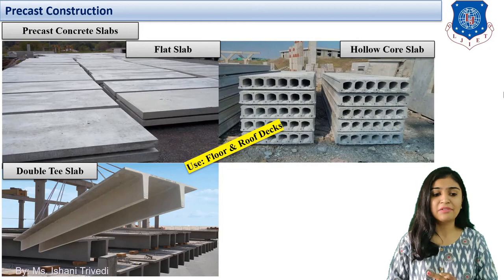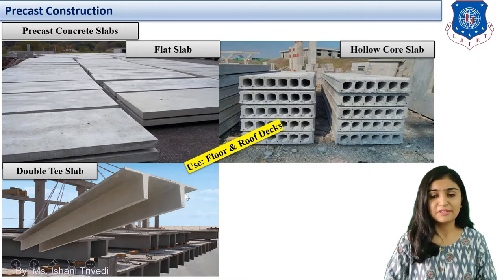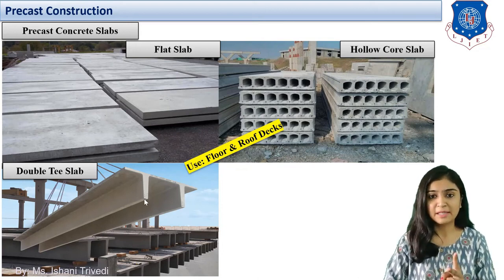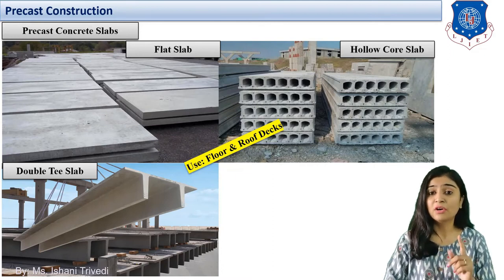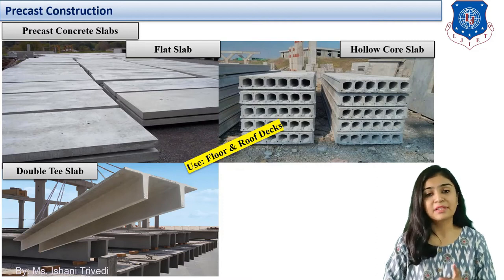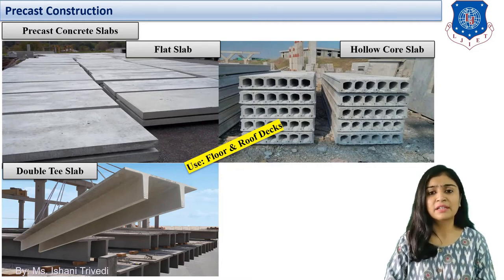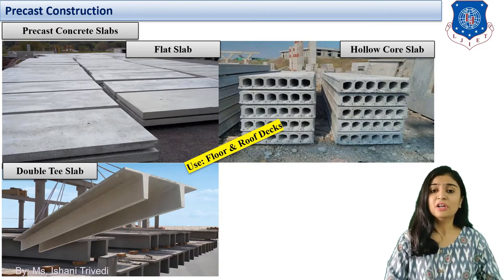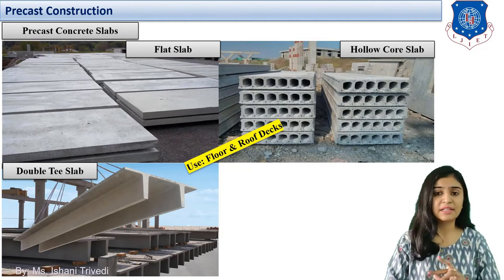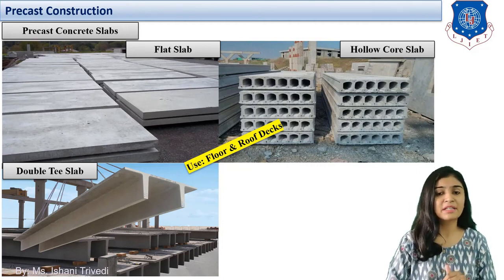The third one which we have is the double T slab. Now we can see over here, I am taking my cursor over here. At top is the flat slab, but at the bottom T's are provided, right? So over here you can see it can be a single T slab, it can be a double T slab as well. When you want to provide for a longer span and more load, T-beams can be provided. I am sure you have already studied the design of T-beams, although the design in precast construction and precast members will be different as compared to cast in situ T-beams and T-members.